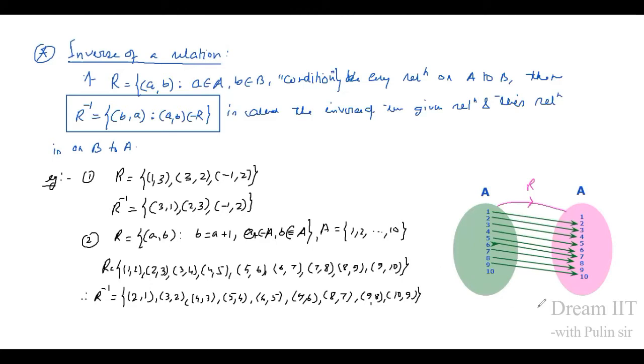Okay. So after doing the inverse, we are going to a very important part, that is the types of relations. Actually, these are the parts from class 12, so I'm mixing both the chapters, because they are the continuation. So we'll finish it together so that it will not create a problem. Now the first type of relation we get is